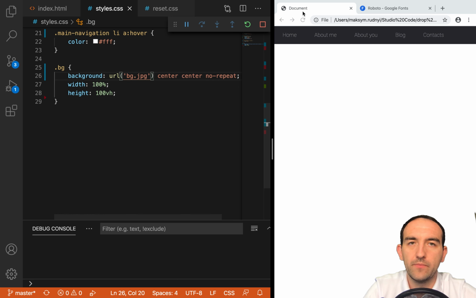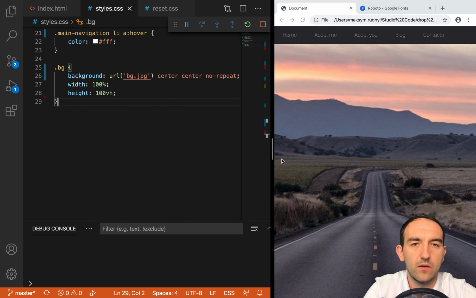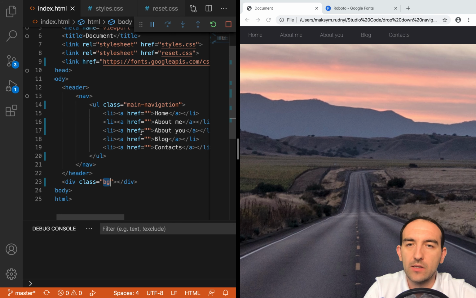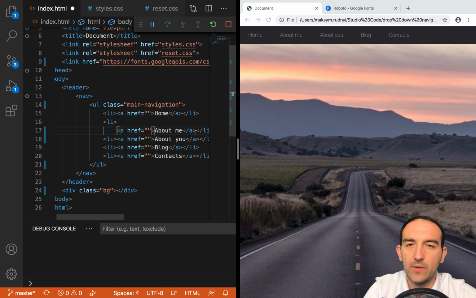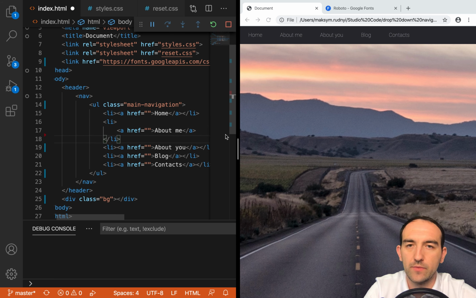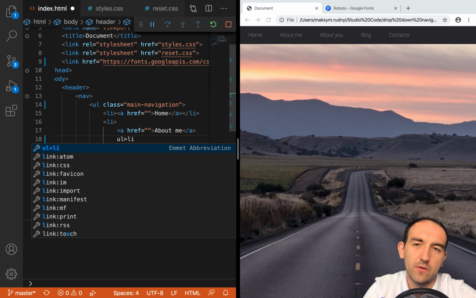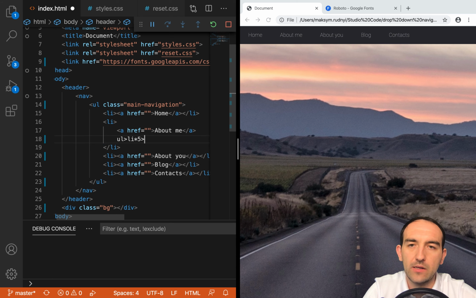Background URL. Okay, we see this image. It looks great. The next part is creating a drop-down menu for these items. To do it, what do we need? For example, inside About Me, we will add a drop-down section. So how does it look? Drop-down is another unordered list with, for example, 5 items, and inside we have